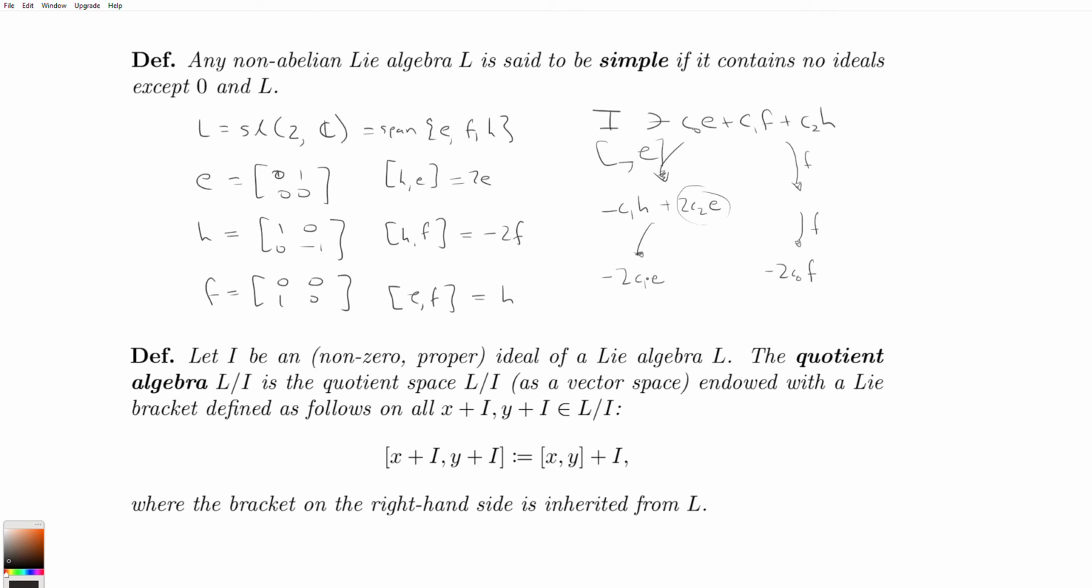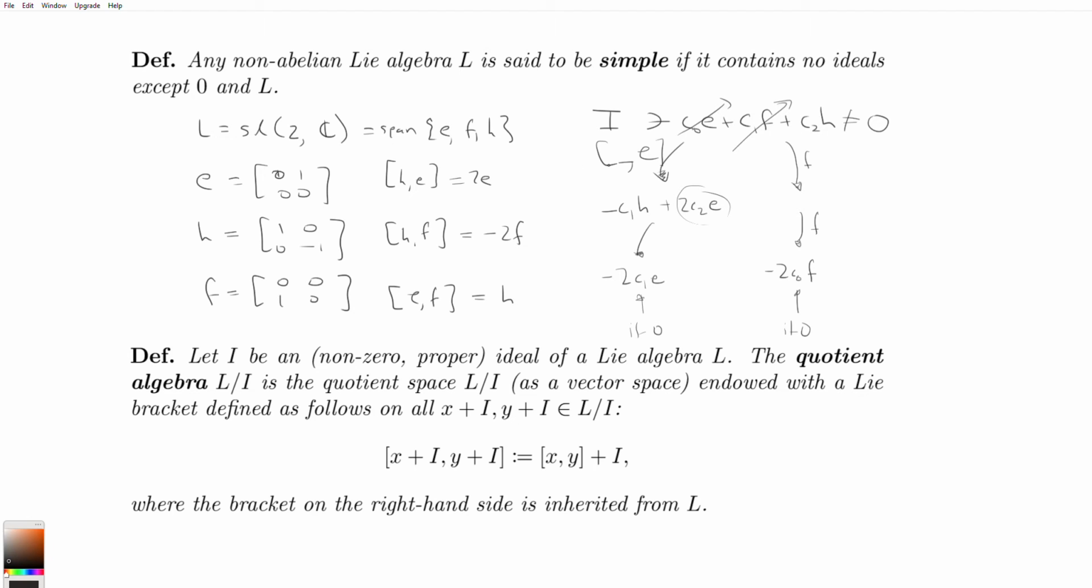Because if minus 2C1E is in the ideal, then E is in the ideal and we're done. And the same thing applies to C0. If C0 is not 0, then F is in the ideal. And then everything else is in the ideal. So the only case left is that if C1 and C0 are both 0, then that term vanishes, and we just have C2H left. Well, C2 can't be 0. I mean, the implicit assumption was that this vector was non-zero. So C2H is going to be in the ideal, and so H is in the ideal by linearity,